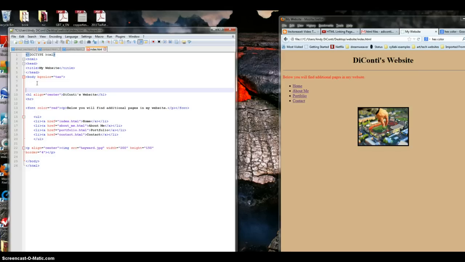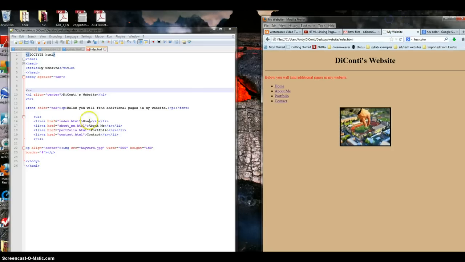Alright, so one thing I'm going to show you how to do is called commenting. Commenting is a device that web designers use to give them little notes, just letting them know what they did. It doesn't affect the layout of the actual website in the browser. And again, it's just like a notation that reminds the code maker, the web designer, what he or she did. And obviously, a simple code like this wouldn't really require a comment, but